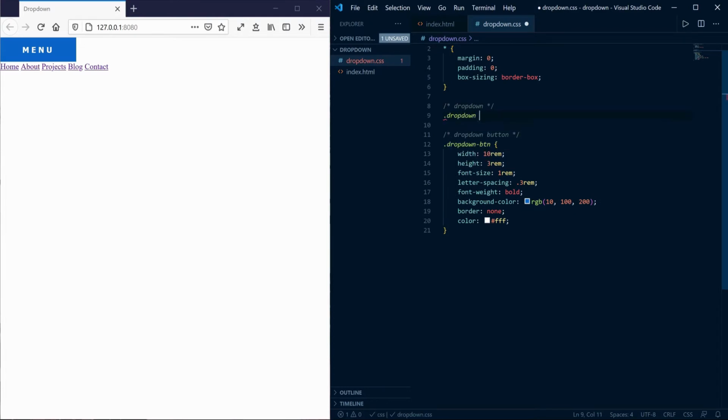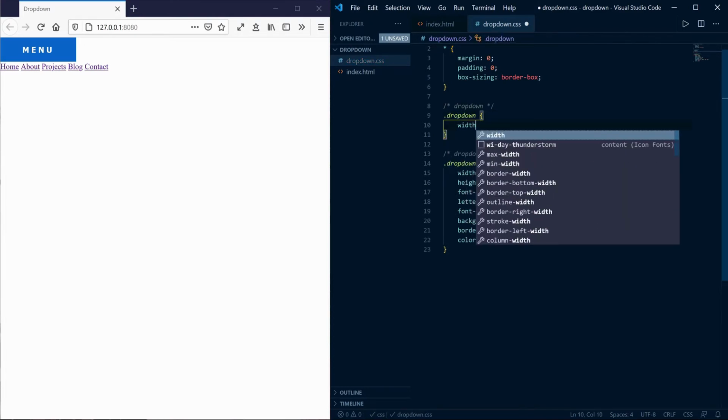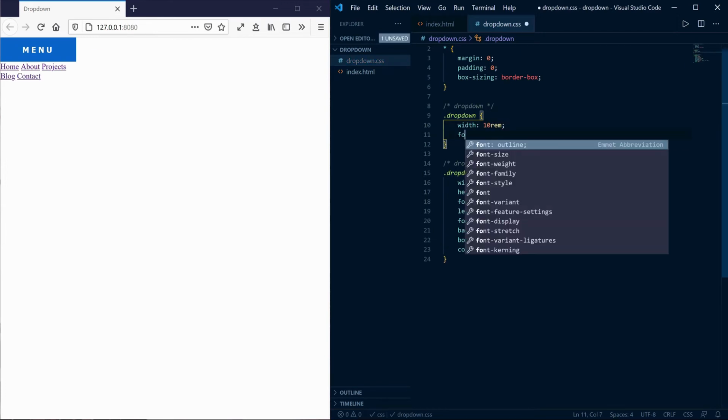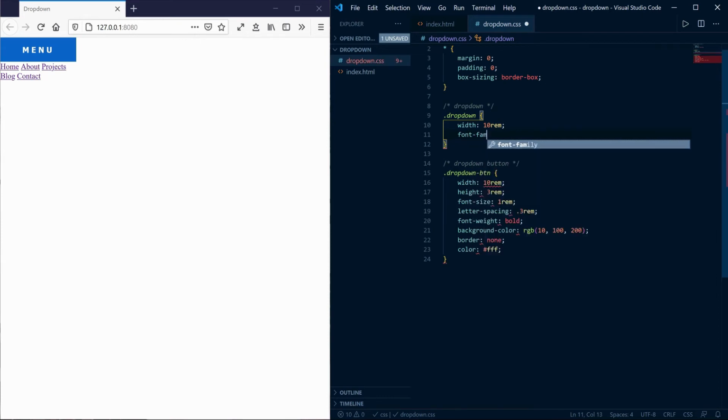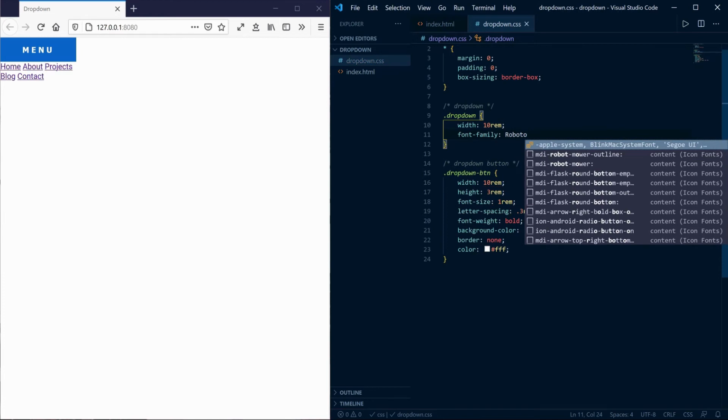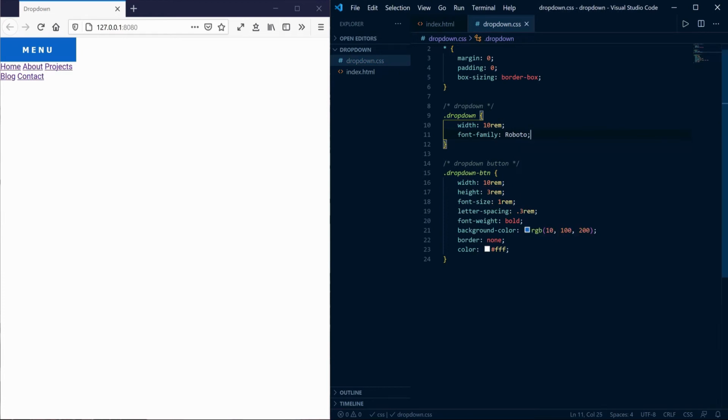Grab drop down class and set width to 10 rem. Set font family to Roboto. Also add font family of Roboto inside drop-down button.